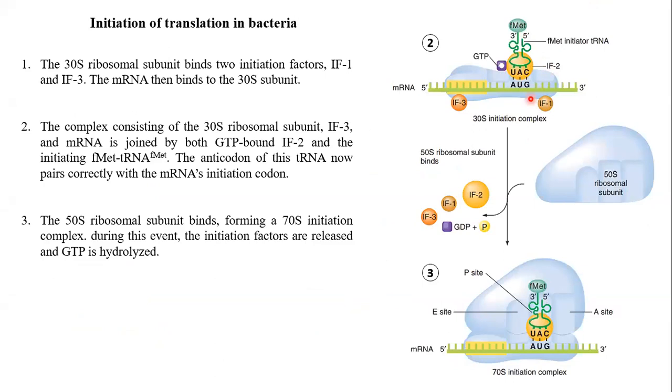Okay, so all this helps in the binding of this correctly at the first codon, that is AUG, because it is very difficult to find a 3 nucleotide sequence, right? If it binds correctly, then now the E and A site are clear, because at the end you can see this E and A site are clear. Now what will happen? The next transfer RNA, which brings the next amino acid according to this codon, will bind to the A site, and the process is initiated smoothly. Okay, the process will go on smoothly. So these steps in the initiation are important.